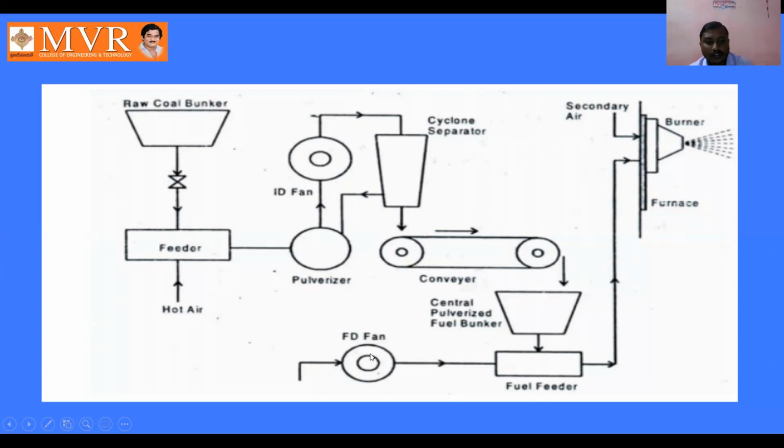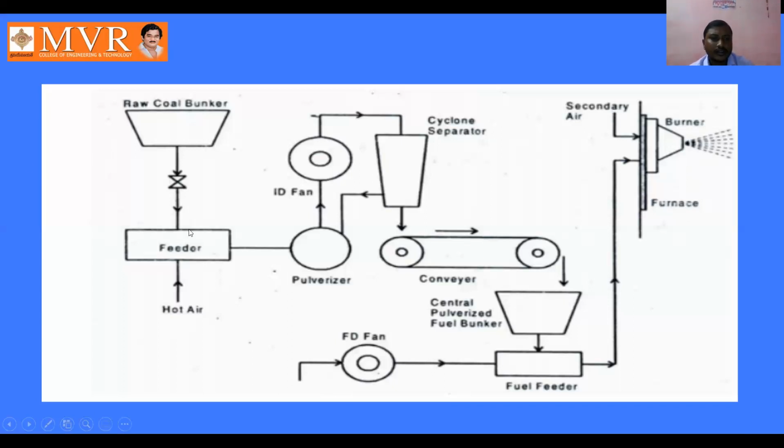See here, the FD fan is going to send the outside air into the feeder up to the burner here. And we are using the secondary air also for getting the burner, the hot gases outside. See here, we can clearly observe point-wise that the raw coal, the coal after combustion,